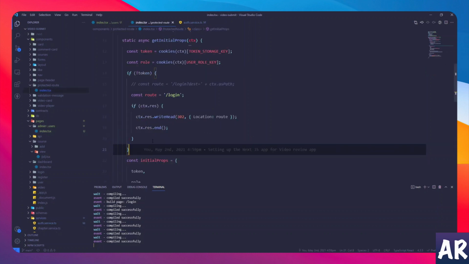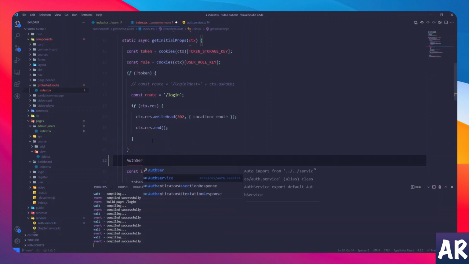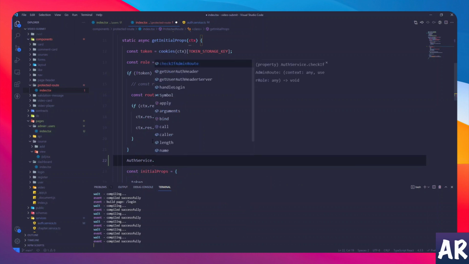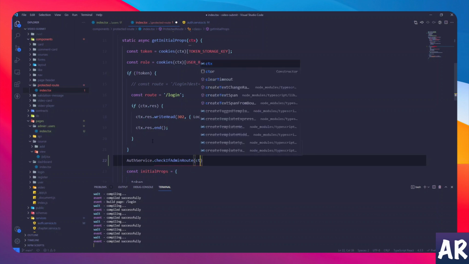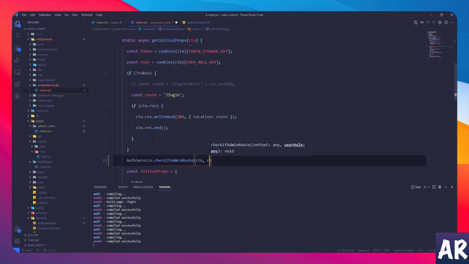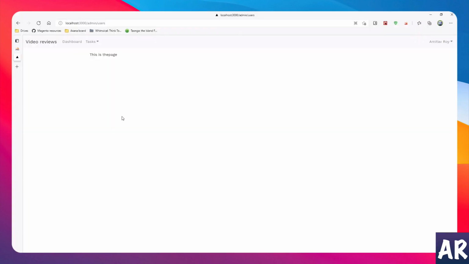So with that in place, I'll do auth service dot check if admin route, so ctx and role. These are the two values that I will pass, and what automatically now should have happened